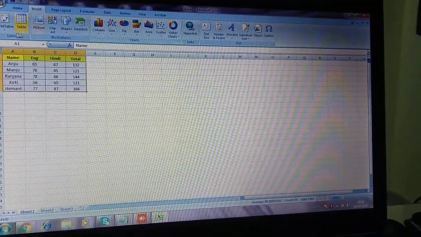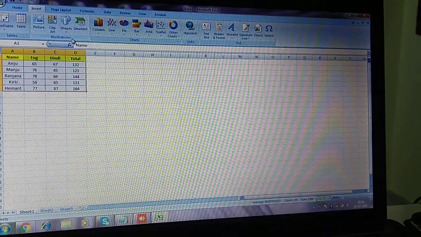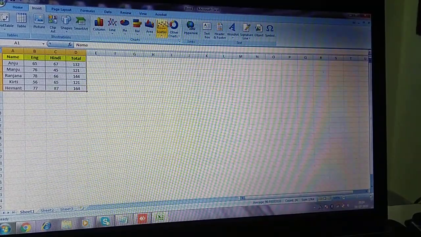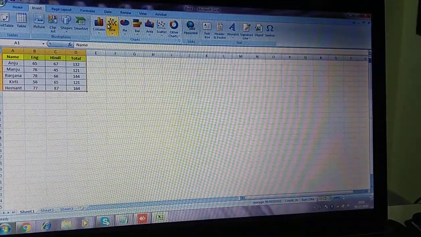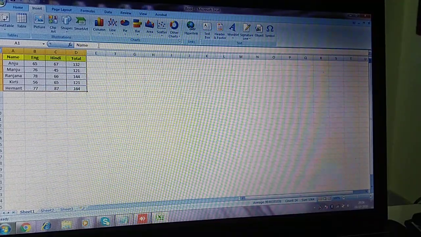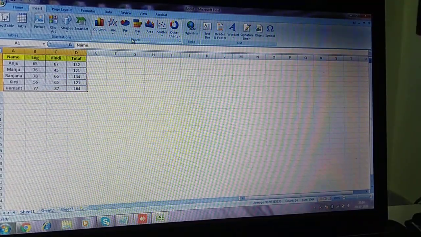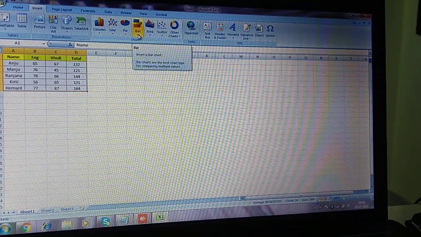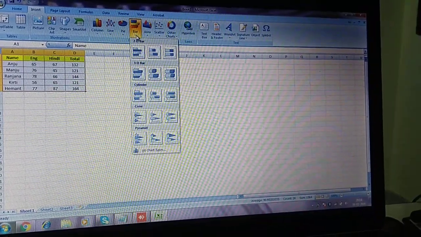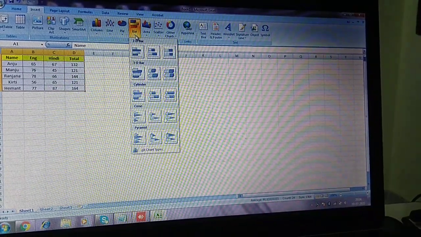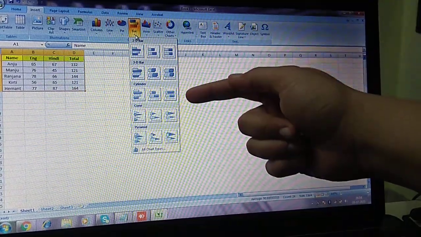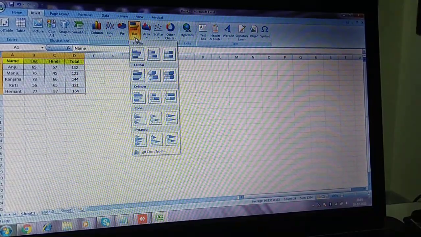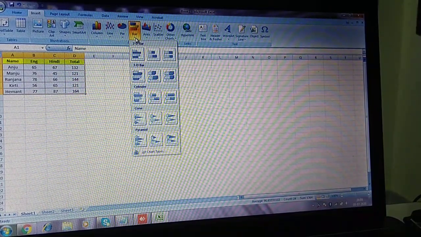In the Insert tab, see, first group is Table, second group is Illustrations, third group is Charts. Our work is on charts today, and in your book the first chart is the bar chart. In the chart options, first is column, then line, then pie, then bar. So we will click bar chart. In bar chart, some examples are given. 2D bar charts are there, 3D bar charts, cylindrical bar charts, cone bar chart, and pyramid chart are also there. One by one we will see them.